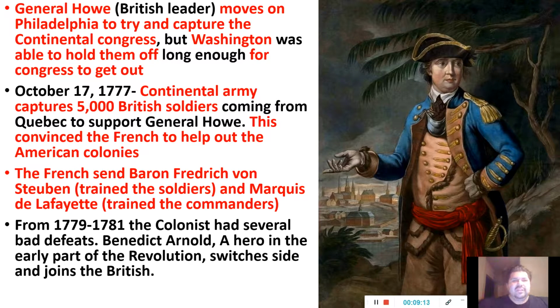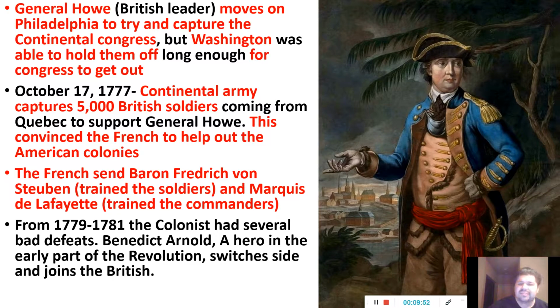He trained the soldiers how to march, how to shoot the gun, and how not to freak out when you know someone beside you is getting shot or blood comes at you and hits you in the neck and the face. He's teaching them how to be real soldiers. Okay. The other guy is Marquis de Lafayette. He is training the commanders. This is how you read a terrain. This is the time when you send the cavalry, the guys on horses. This is when you should have your cannons, things like that.